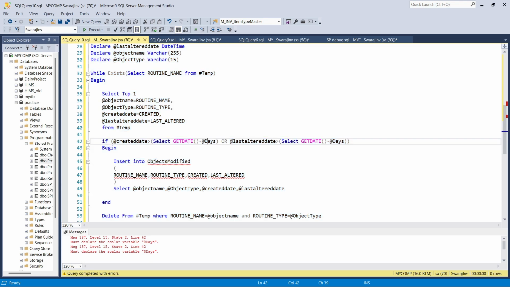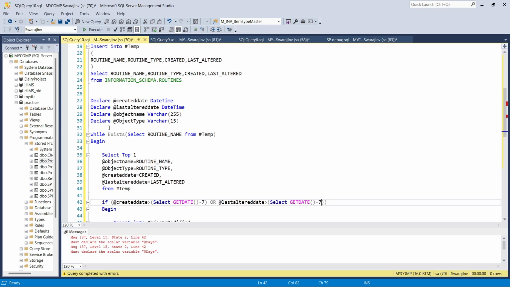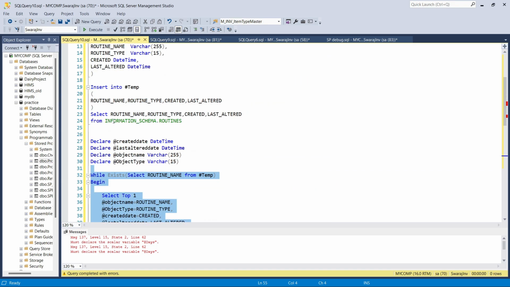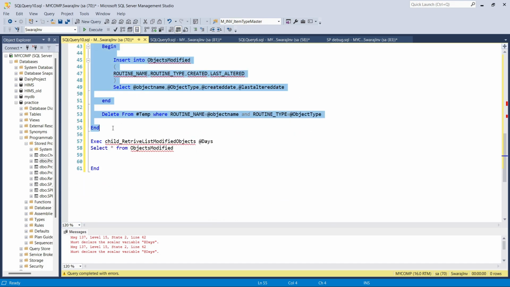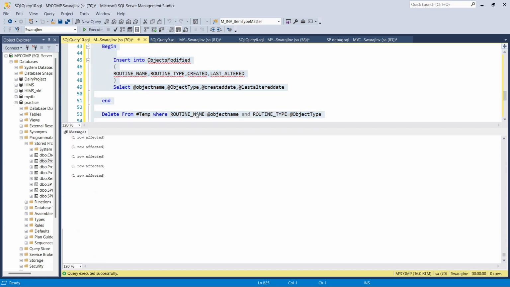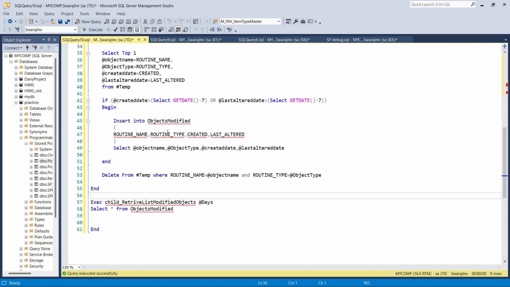Let's say I am passing 7 days, and if you execute it,